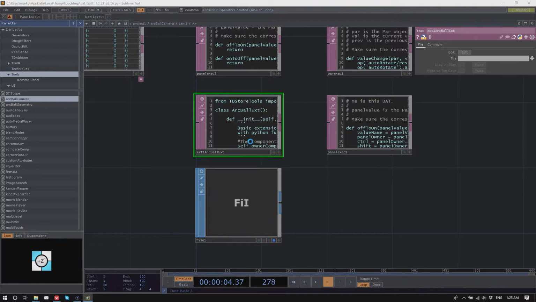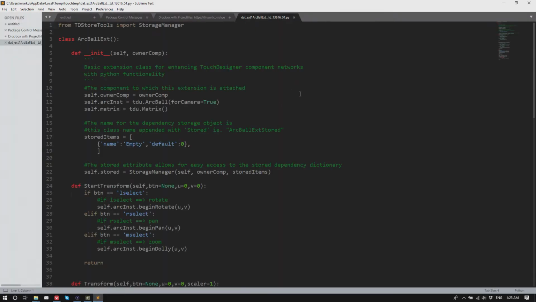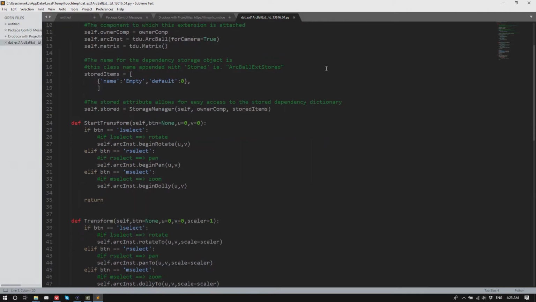If I edit that, you can see that this is actually a Python class. So we wrote a little Python class, especially for this camera, to allow the manipulation of this camera from a panel, to do all the rotating, panning, zooming.